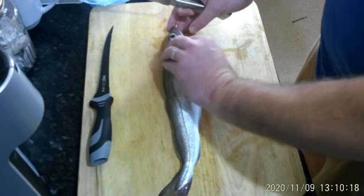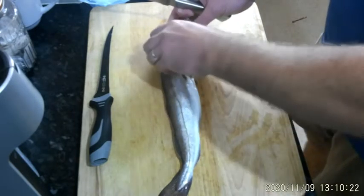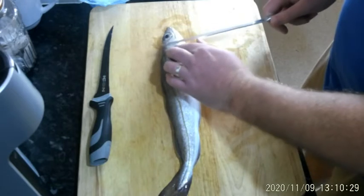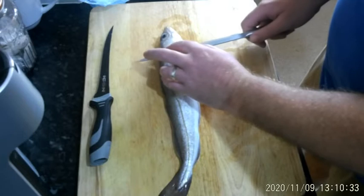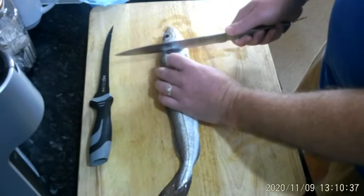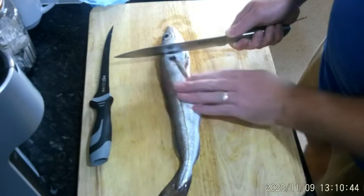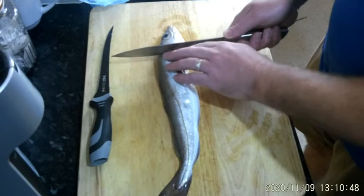just find the gill. So what I do is I use my fingers just to find where the gill is, which is just here. If you are visually impaired and you're not a fisherman but you buy fish from the fishmongers and you want to know how to do this, it's literally just by where the first fin is, and the knife goes into the gill, and then you straighten it up, so you chop straight down to the chopping board. Now, due to my eyesight, I always need assistance with this, so my wife's here, so